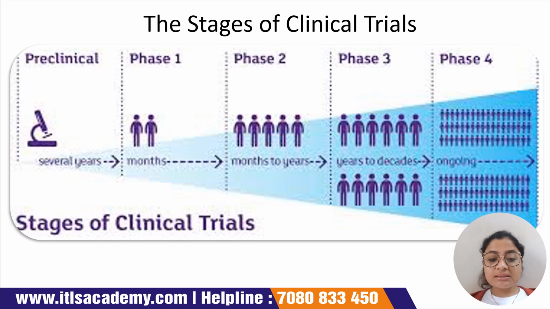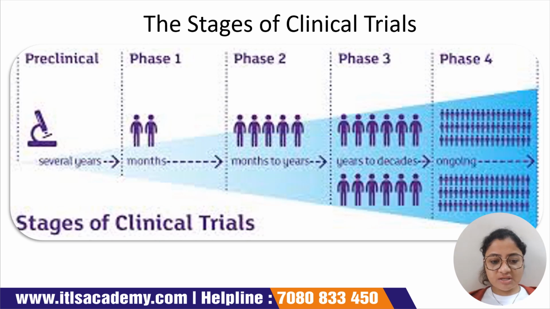Now these are the stages of different clinical trials. This is something I mentioned earlier, I think, in the previous sessions. Any clinical trial usually has four stages: phase 1, phase 2, phase 3, and phase 4. All these phases are studies on humans, where we are gradually increasing the time period and also gradually increasing the sample size.